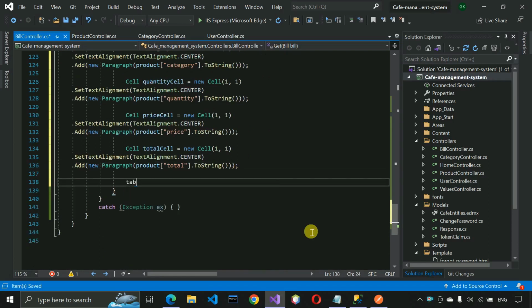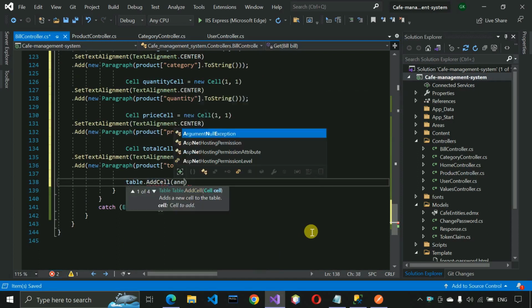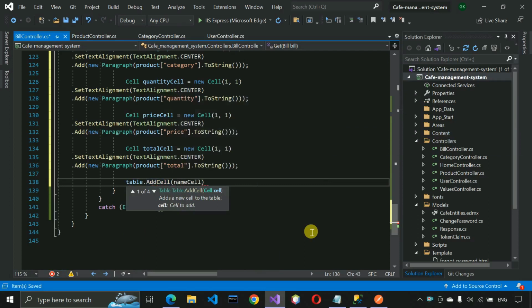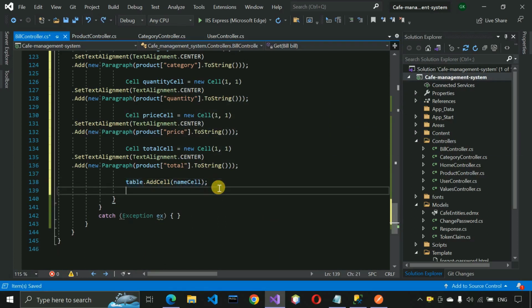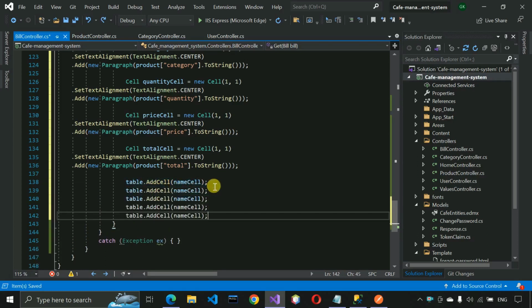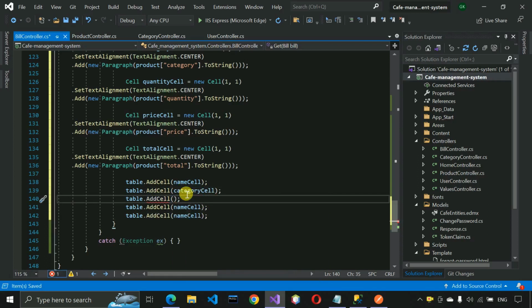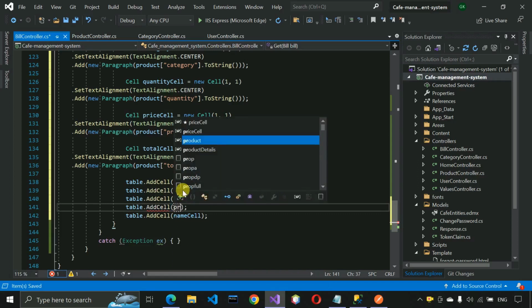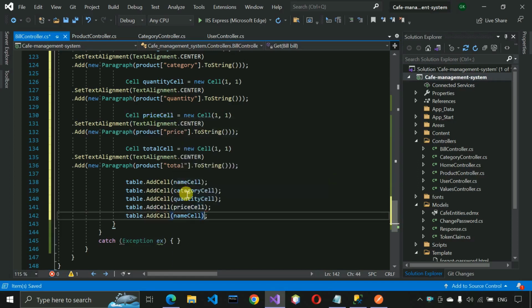So table dot add cell, and in this one we have to write name cell, and I'm going to copy paste this one 4 times. Okay, so I just need to copy paste this one. So copy paste it over 1 2 3 and 4, and we are just going to change the category cell. After category the next will be quantity cell, and after quantity the next will be price cell, and after that here we have to write total cell,